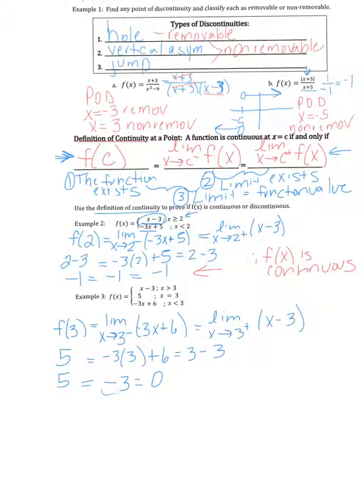Well, the function exists, yes, but with these two, the limit doesn't exist because the limit from the left and the right don't match. So you can say, therefore, f of x is discontinuous